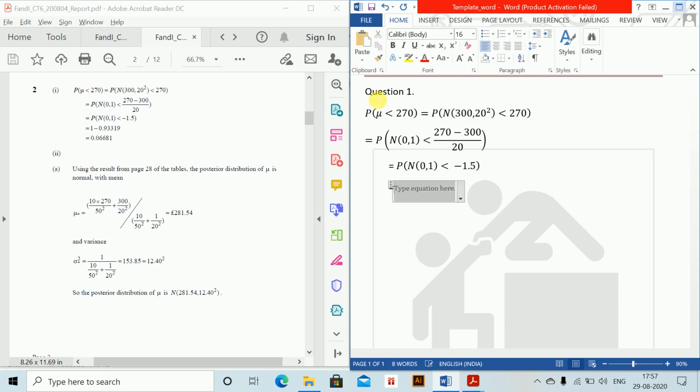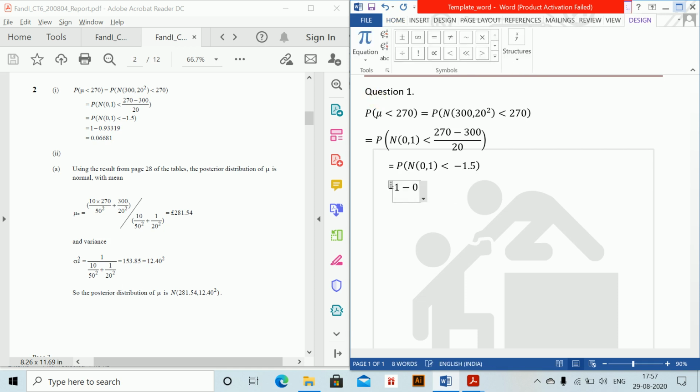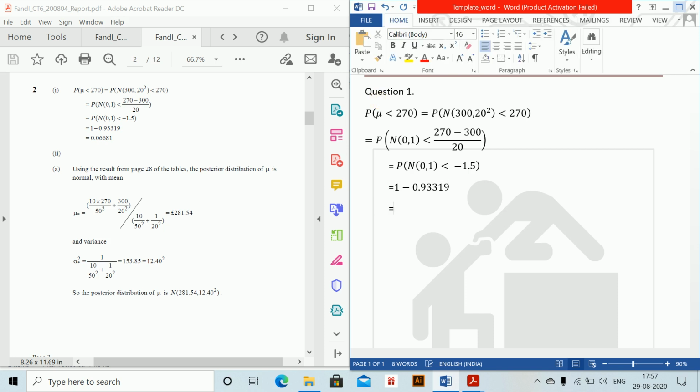So that equals 1 minus 0.93319, which is equal to 0.06681. This is the first part. The second part says, 2a, we'll do